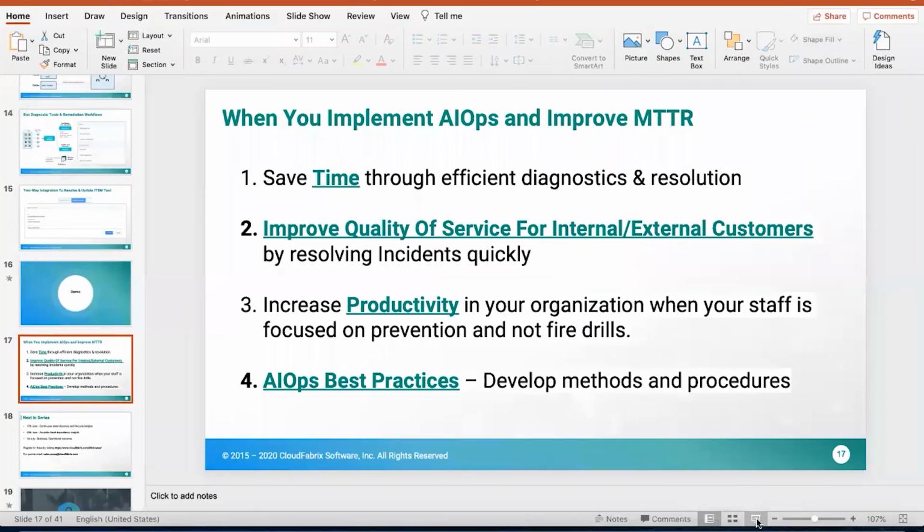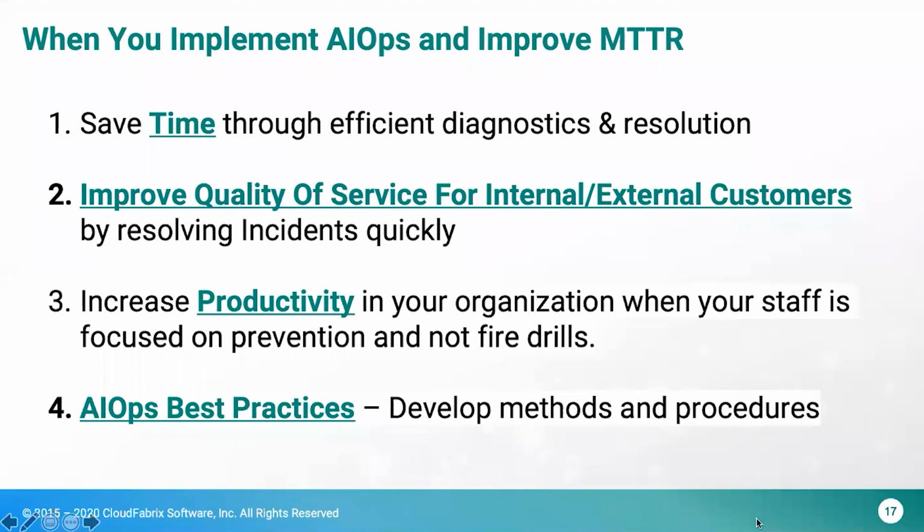What did we achieve? As we talked about earlier, MTTR is a very important metric for a lot of enterprises. The lower it is, the more cost effective, more productive, and higher the customer satisfaction. It will improve your quality of service, both internal and external, because you will be able to address issues much quicker than in the past. It also saves time because all the information is available in one place, whether it is the metrics, the automation tools, or the ability to collaborate with people. It definitely improves your efficiency and increases your productivity.